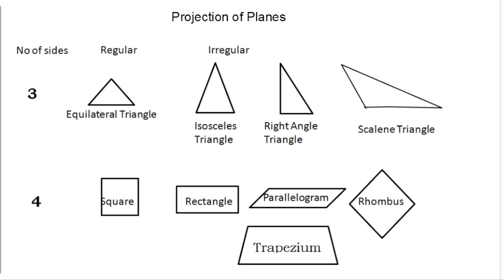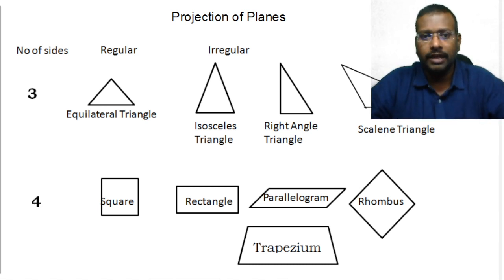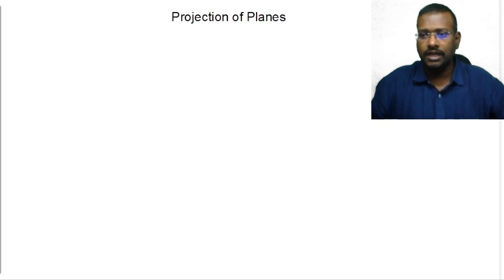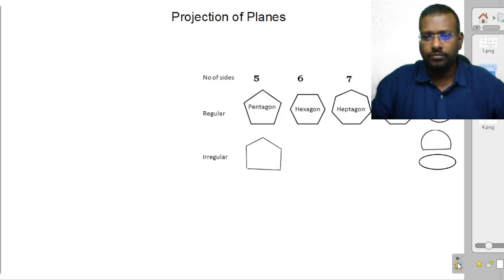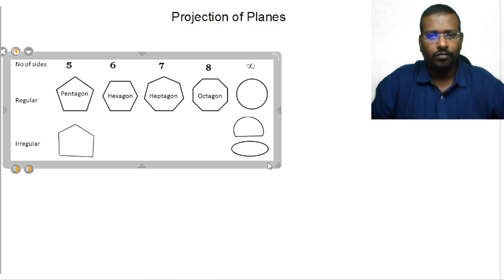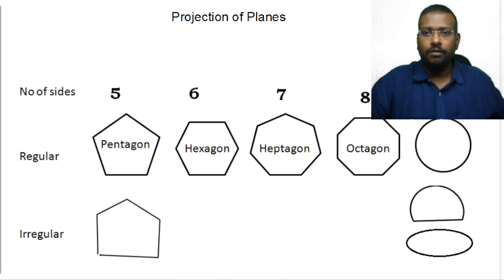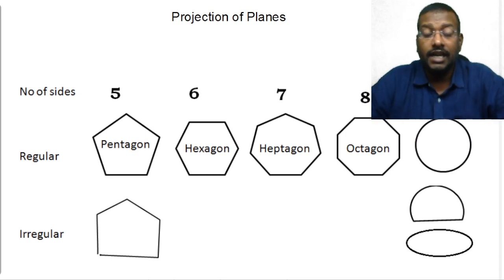And what about the 4-sided regular polygon? It is a square. Irregular polygons, if you consider, are rectangle, parallelogram, rhombus, trapezium. I hope you got these things. And what about the remaining? So 3-sided is okay, sir. 4-sided is okay. And the remaining, if you observe, a 5-sided regular polygon is a pentagon. Irregular we don't have a name,